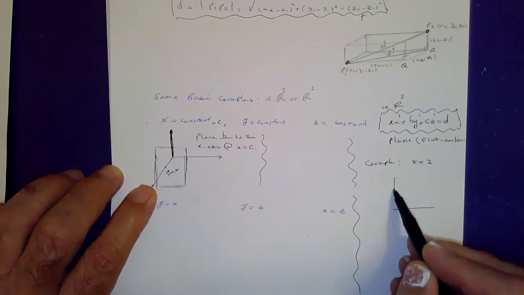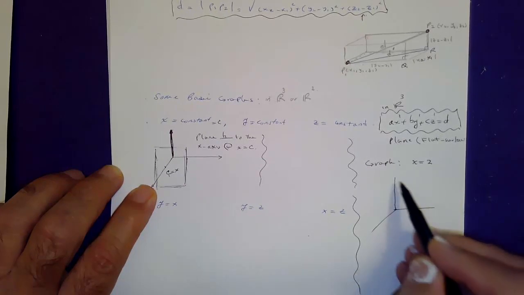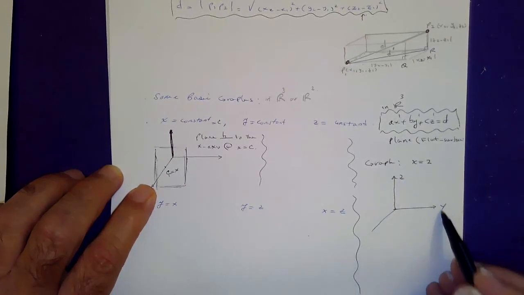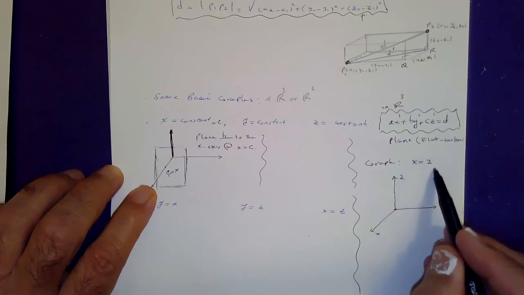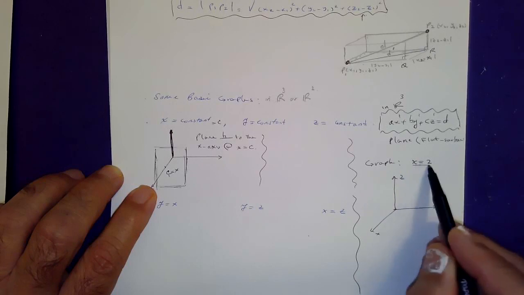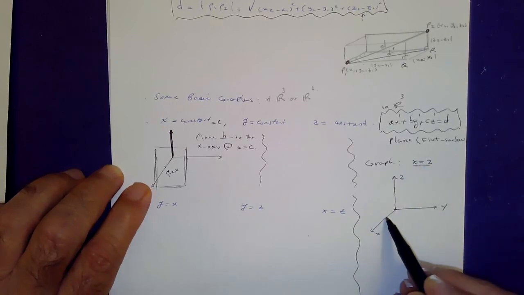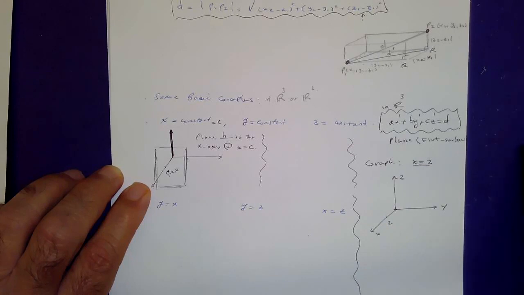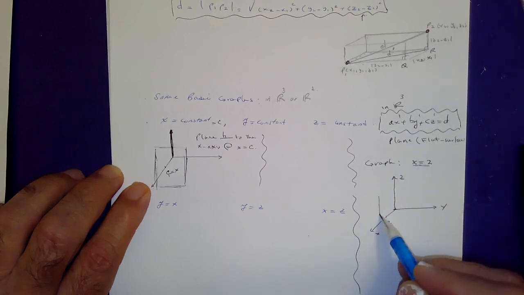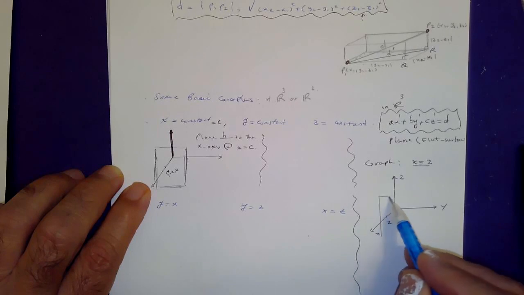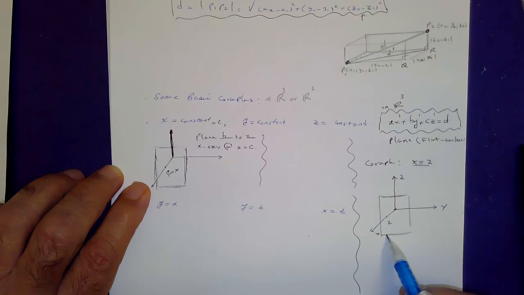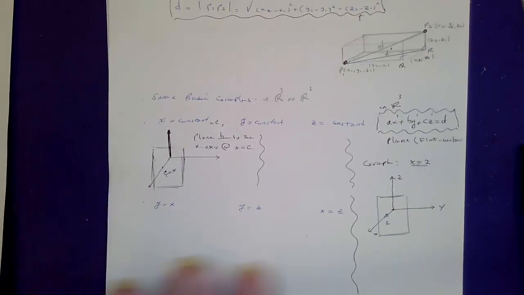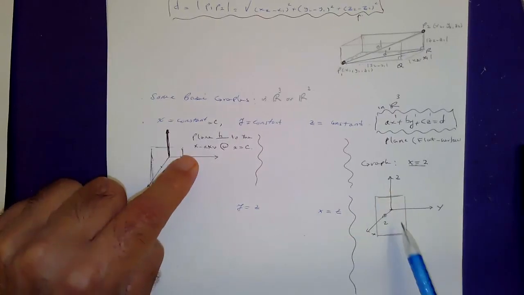So if you go along your x, y, and z axes, like so, you know the graph is a plane which is perpendicular to the x-axis at x equals 2. So what you do is draw a plane like so, and make sure it includes the point 2. So this is a plane which is perpendicular to the